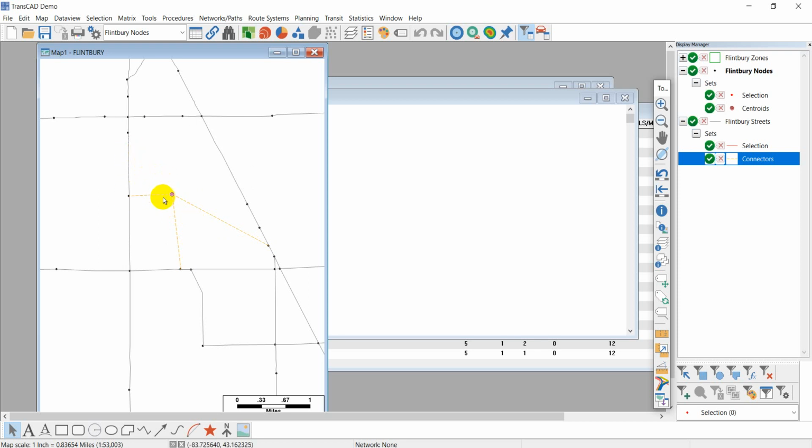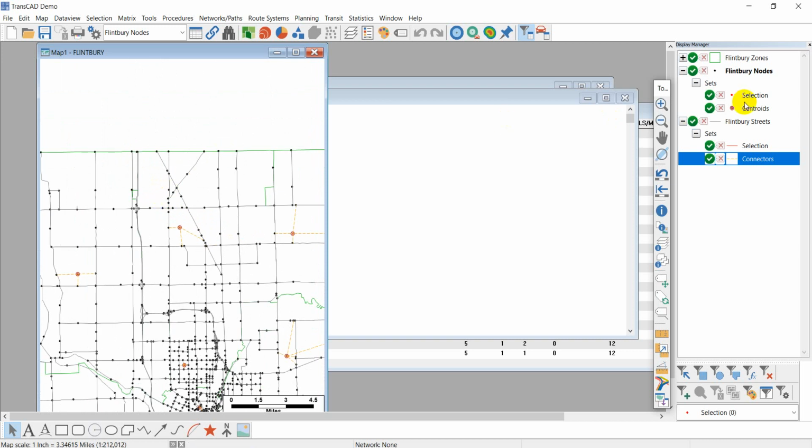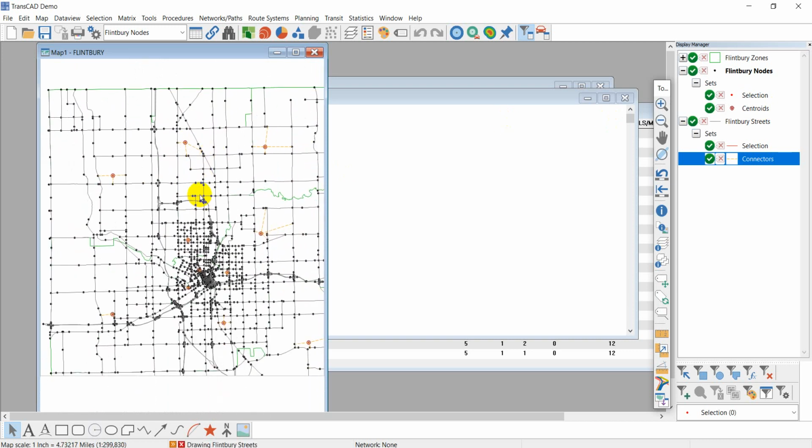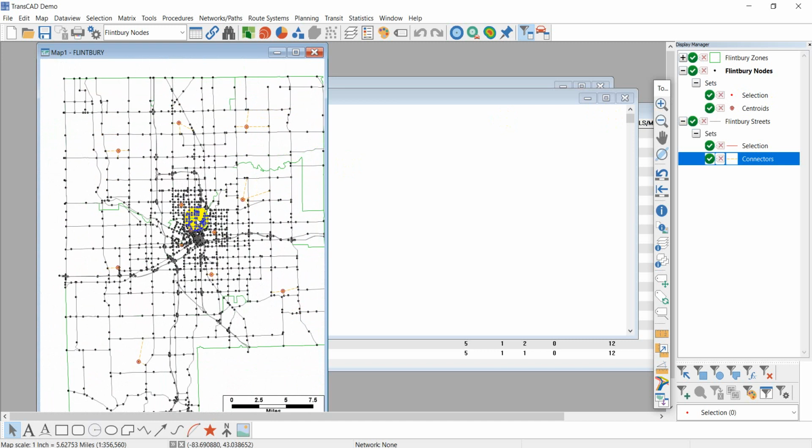All right. So now we have the 12 centroids ready, and our target is to calculate the shortest travel time for the 12 by 12 OD matrix. We want to know the shortest travel time given this network from each centroid to all the other centroids. And